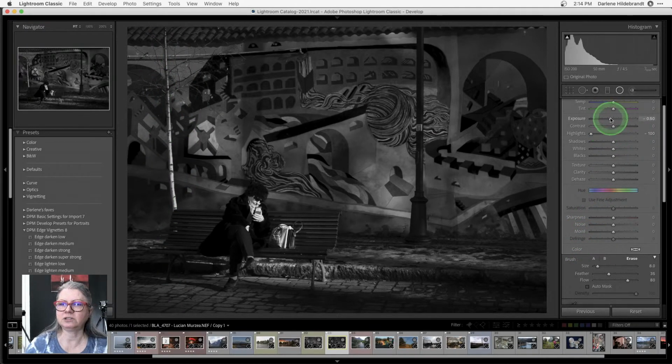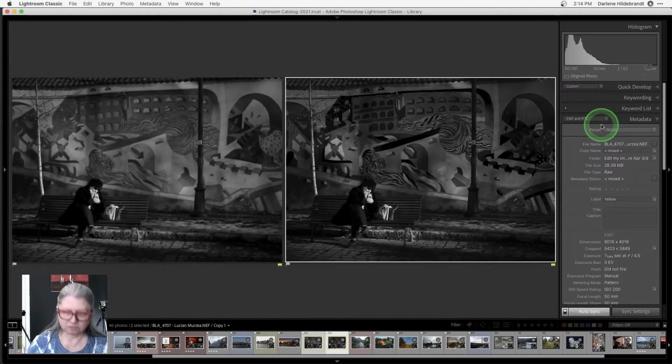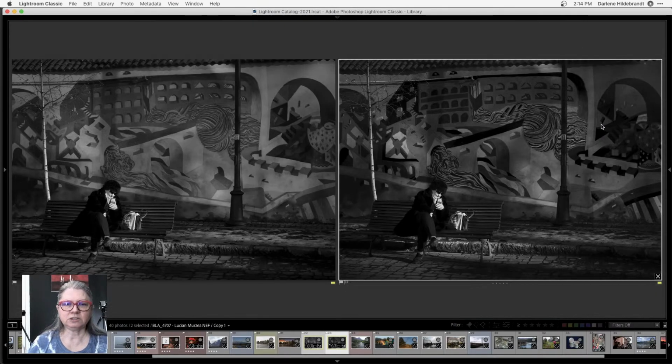Okay, and now I can just see, okay, if I dial my tree down a little bit. Maybe take the contrast down as well. Okay, so the tree is still showing up fairly bright, but I've minimized it a lot. Okay, so now let's take a look at the difference between these two black and white versions. Right? So the one on the left was just strictly desaturated, okay?